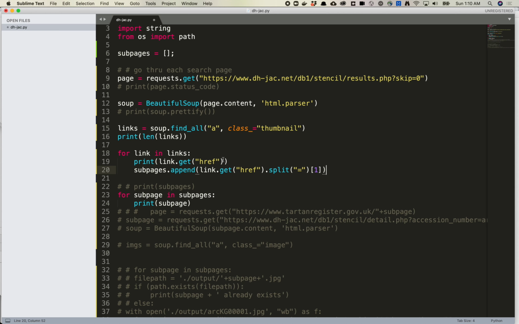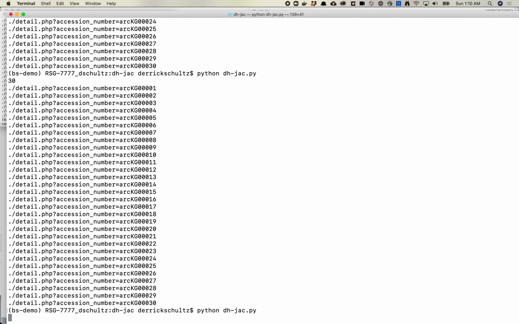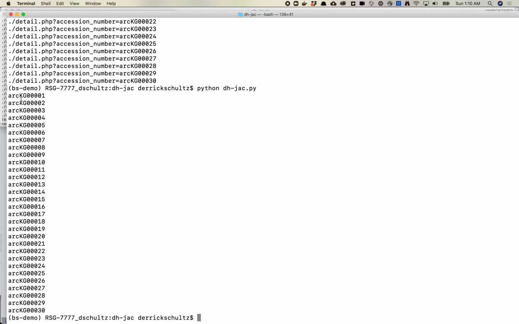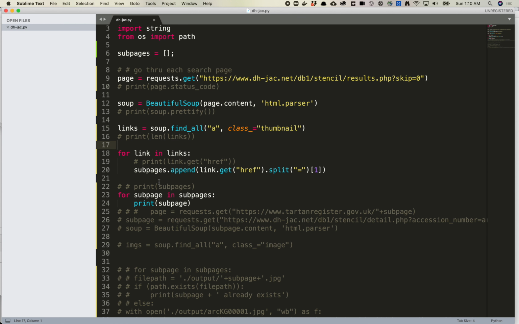And I'm going to turn off this and this, so we have less output to our screen. Press up. And sure enough, now we just have this list. Perfect. So now we're going to go through those pages, and we're going to get all the images off of those pages. So here again, we want to do